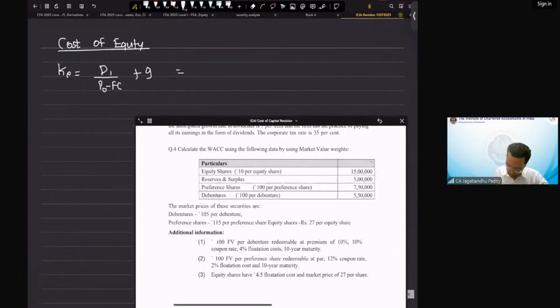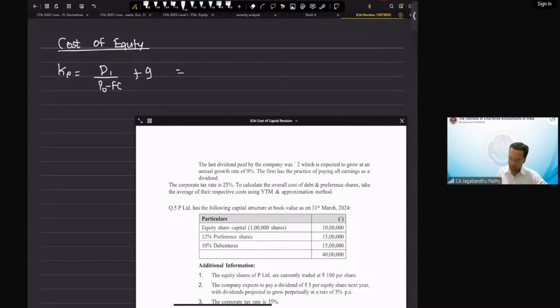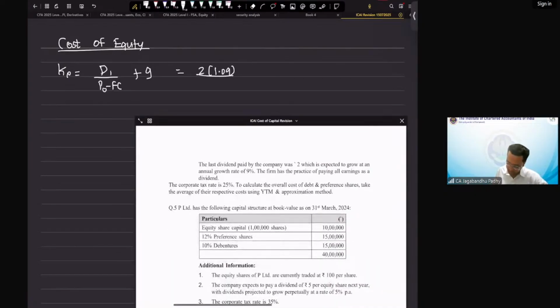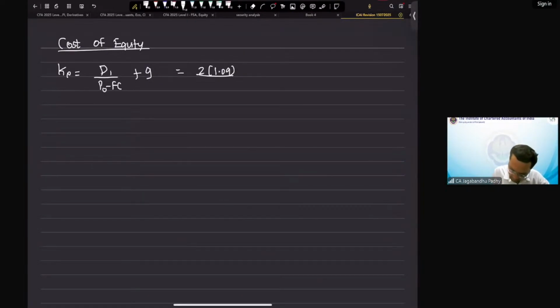Cost of equity is going to be K is equal to D1 upon P0 minus flotation cost. We're going to subtract the flotation cost over here plus the growth rate. So we have D1 as last dividend that was paid was 2 and is expected to grow at 9%. So the dividend is definitely going to be 9% addition to the previous year dividend, which is 2 into 1.09 divided by P0, the current market price of the share, which is 27 minus